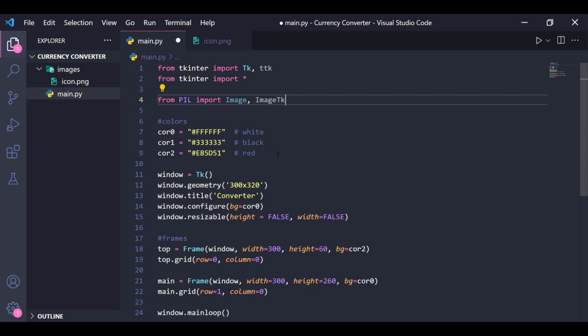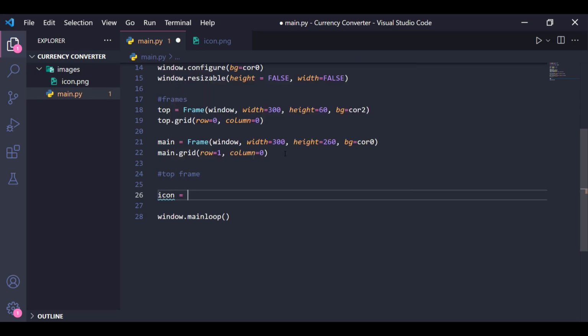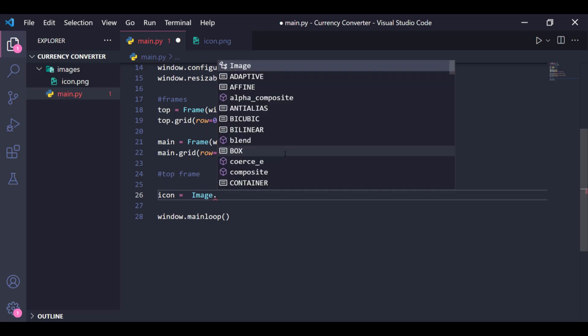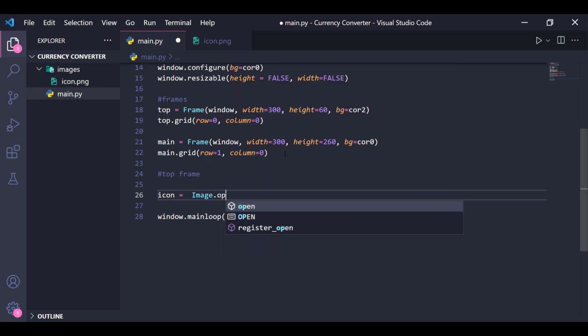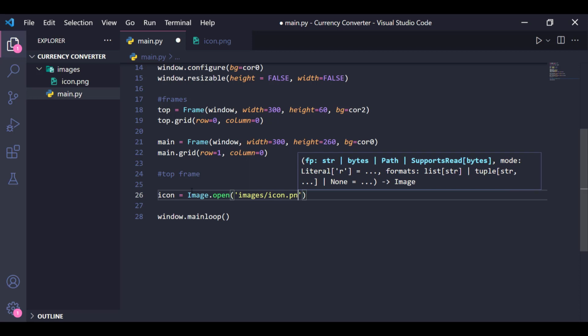Now we are going to use this thing. So just give top frame and just give icon equal to Image.open. We are opening that image file. This is actually inside images, right? So just give images, icon.png,